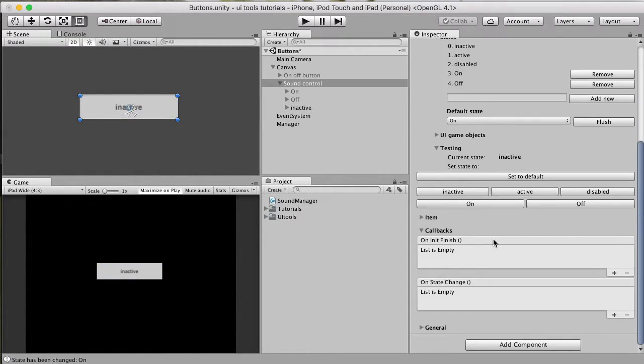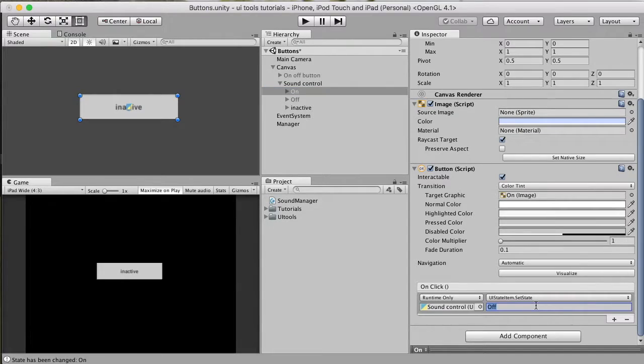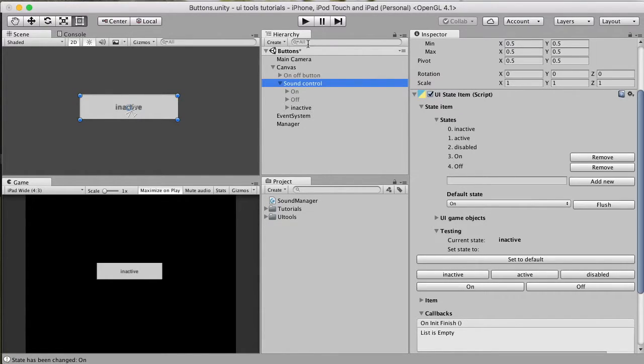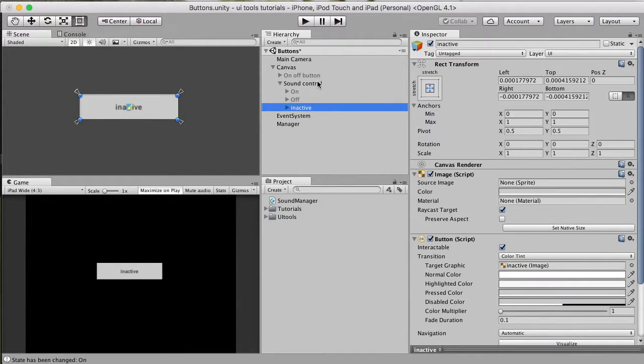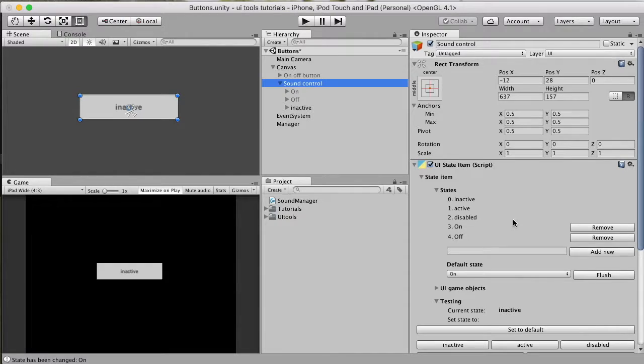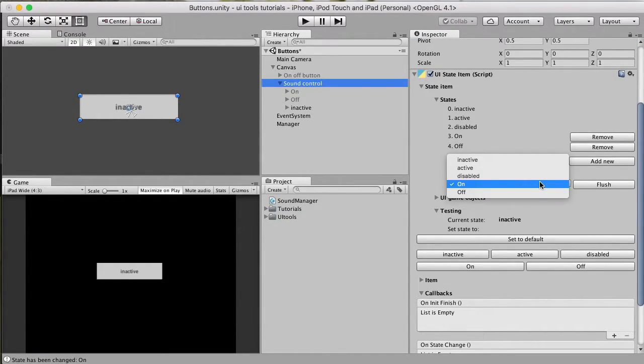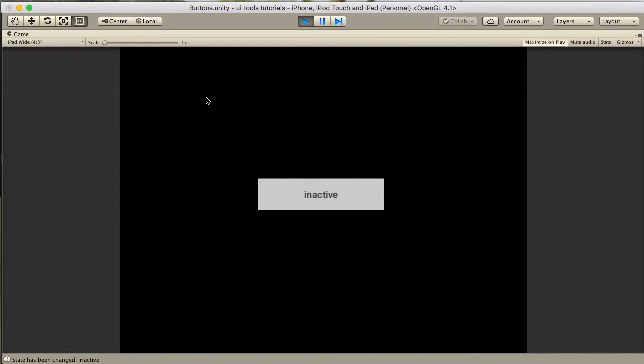Now you could control the state in a similar way to what we just implemented here. So just call the setState function and pass the off, on, and inactive states to manage the global behavior. When the silent mode is on, the sound control is inactive. Just to simulate it right here, let's change the default state to inactive. And this is the same behavior as when the silent mode is just enabled, because,